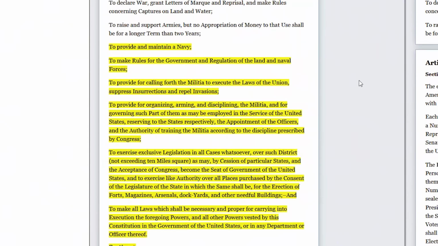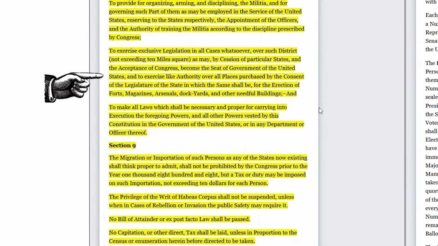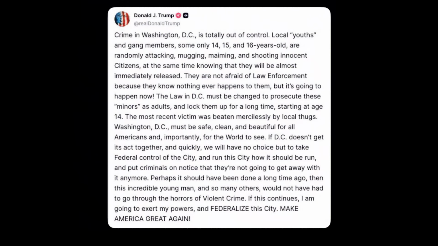with providing and maintaining a navy, rules for the government and regulation of the land and naval forces, providing to call forth the militia to execute laws of the Union, and organizing, arming, and disciplining the militia, to exercise exclusive legislation in all cases whatsoever over such district as may, by cession of particular states and the acceptance of Congress, become the seat of government of the United States, which is interesting because yesterday Trump just got done saying he wants to federalize D.C. because teenagers are beating people up, so they got to federalize D.C. now,